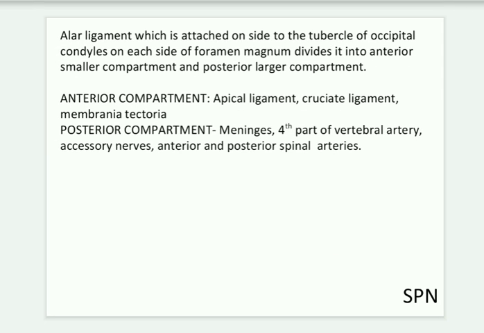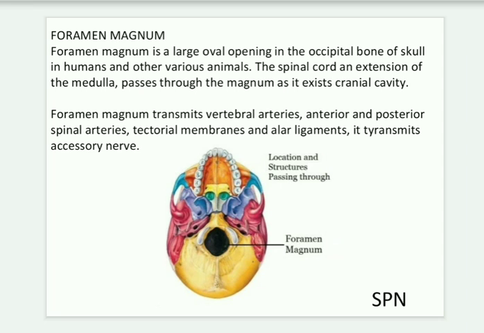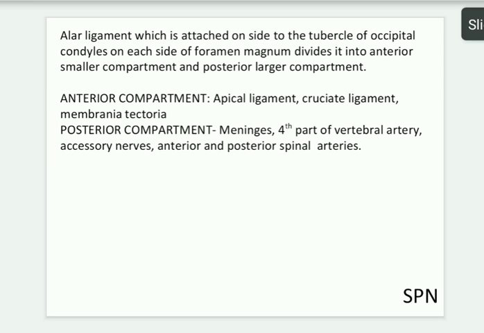Next, the alar ligament gets attached on each side to the tubercle of the occipital condyles. As you can see, there are occipital condyles on each side of the foramen magnum, and it divides into anterior and posterior compartments, which are smaller and larger compartments. Your anterior compartment has the apical ligament,